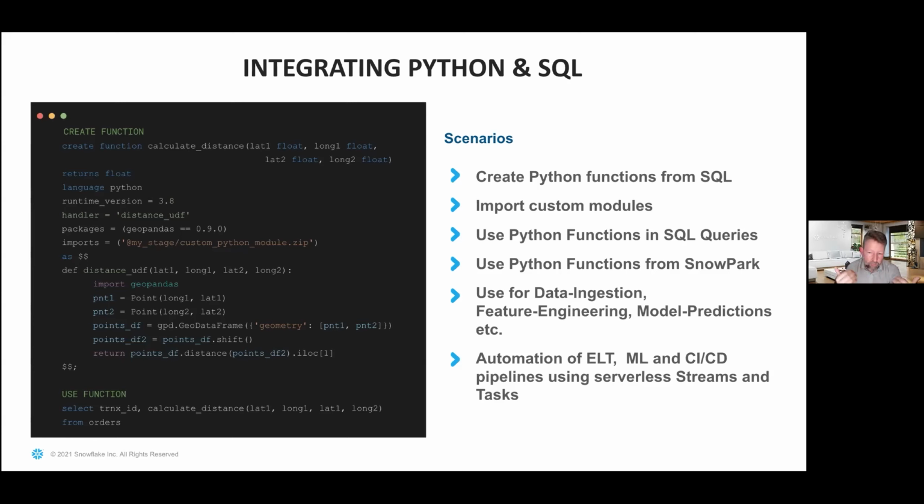Using it for ingestion, for classification over those data sets, extracting data over those data sets, doing feature engineering and transforms, and as I mentioned earlier, model predictions, and then building all of this into pipelines that they can use to automate the whole end-to-end process. And those pipelines could be Python code written in Snowpark that they then schedule with things like Airflow, or it could actually be embedded into the serverless processing environment that we provide. So again, flexibility there for customers.